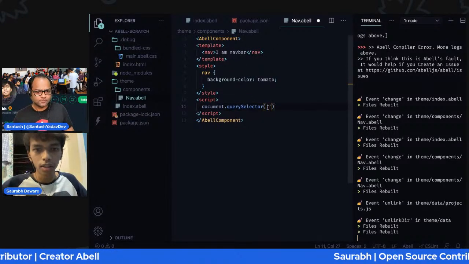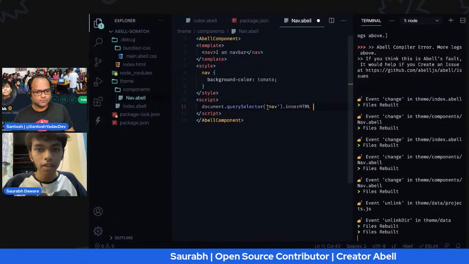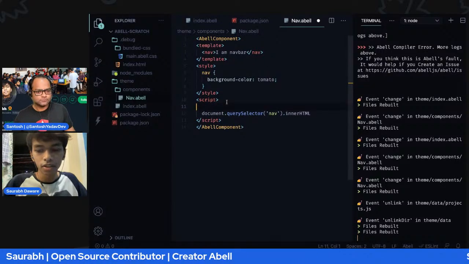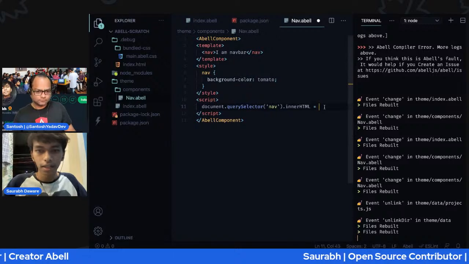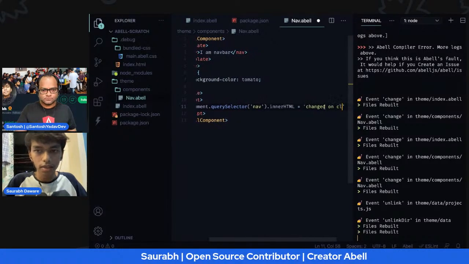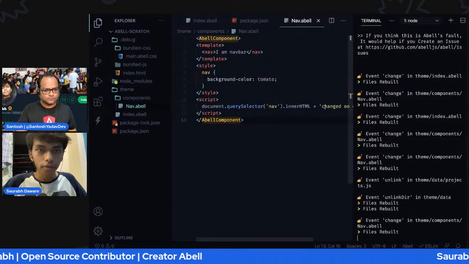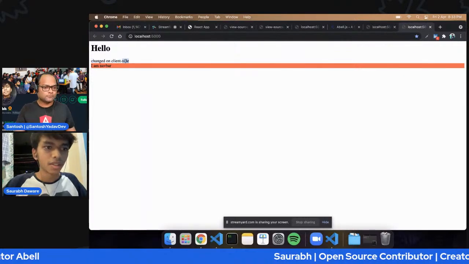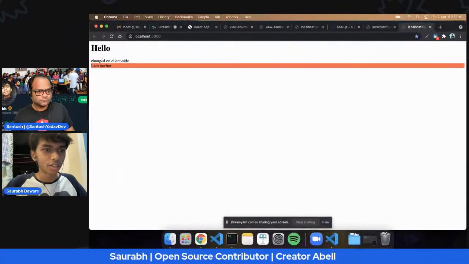Then it will take care of this, which is client side JavaScript, right? I'm not writing it inside curly braces, so all this is rendered on the client side. I can say inner HTML changed on client side, and if I go to this page, as you can see, it has changed on client side. But one tricky part is it changed the outer nav and not really the nav inside our component,